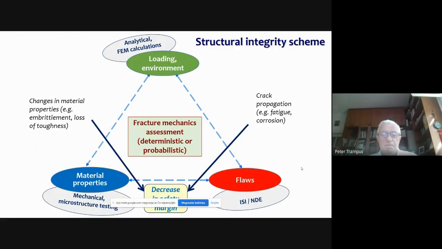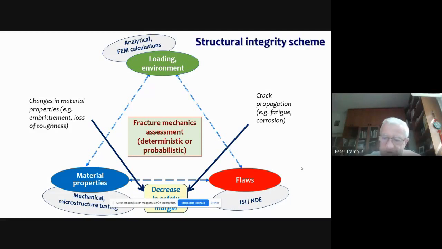The other pillar is the material properties, which are determined by the chemical composition, the manufacturing technology, the heat treatment, etc., of the engineering components and structures. And the third pillar is the flaws.